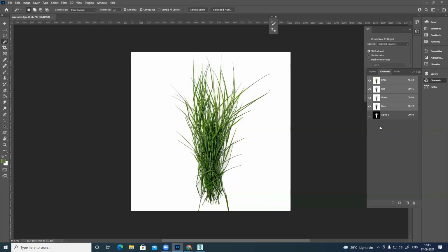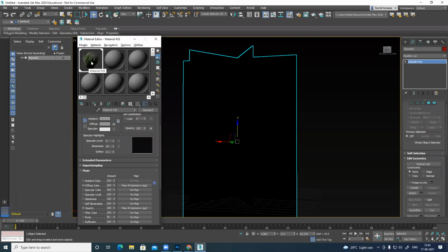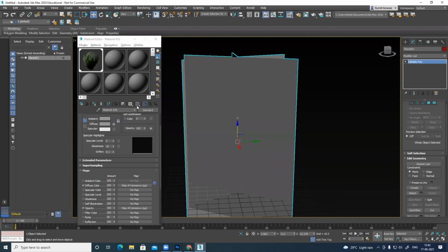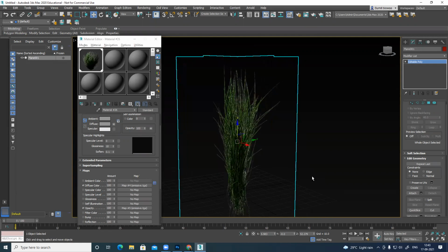That is fine. Whether the channel is off or on doesn't matter, as long as that channel is part of your TGA file. Save the file. So you can see this output, it's transparent. That means this will be transparent. Here it's not visible, so I have to activate it. Now I can see it, right?